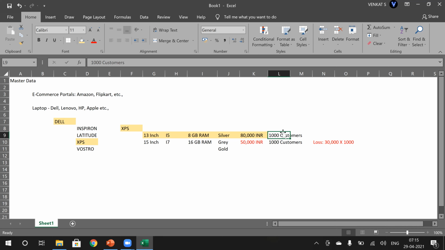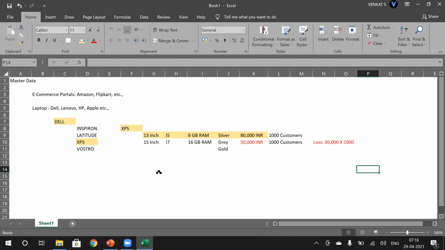So for 1,000 customers, there will be 1,000 transaction data items, but for all the customers the master data record is the same, a single record. We'll have a single master data record, and in that master data we found an error in the pricing that leads to a loss to the company. When I say company, it can be a seller or Amazon or whoever is getting the benefit from these purchases. So this is the importance of master data. We have to be very careful in maintaining the master data.